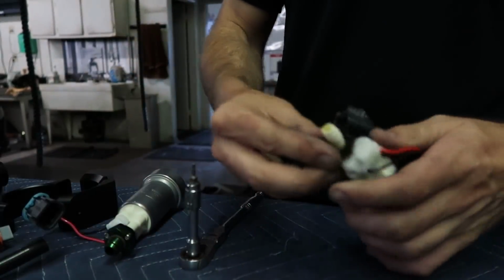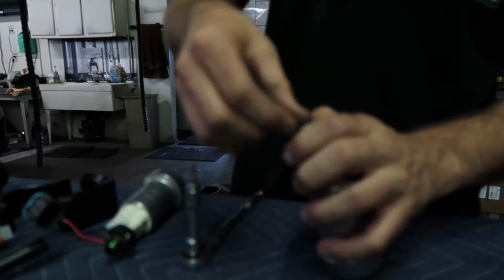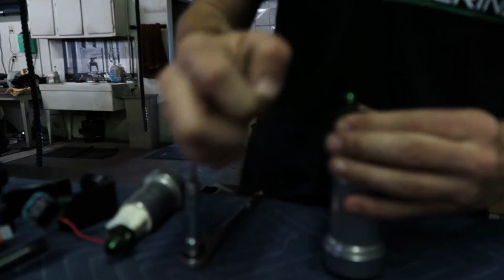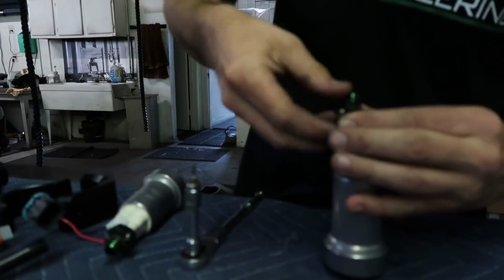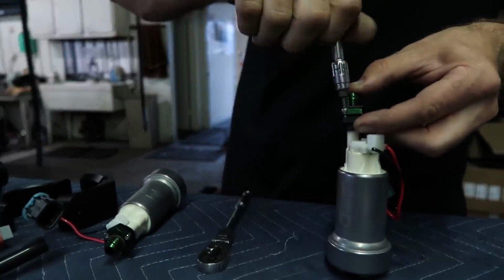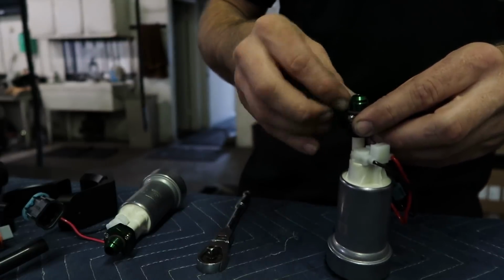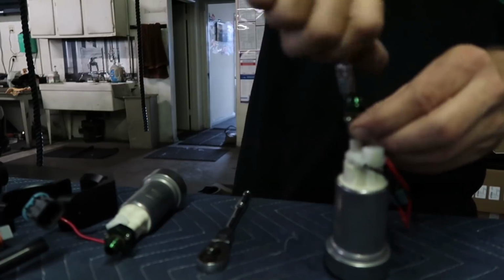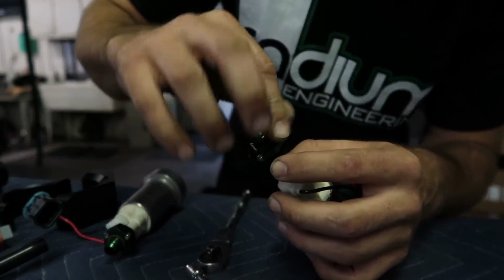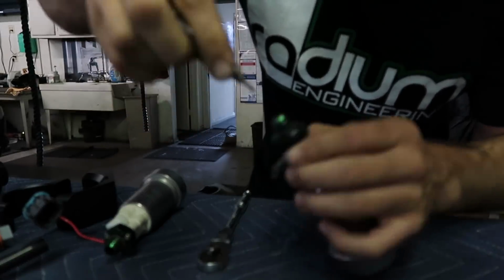Alright guys, let me do this one more time for you. In person. Whole thing. These little guys are so cool. Love the way Radium builds stuff. Maybe I just get a little more excited than the average person because I'm a builder also, but this stuff works good. It's like their way of engineering stuff is always just exciting for me to check out how they did it. And it works good. Makes sense, that's probably why I like